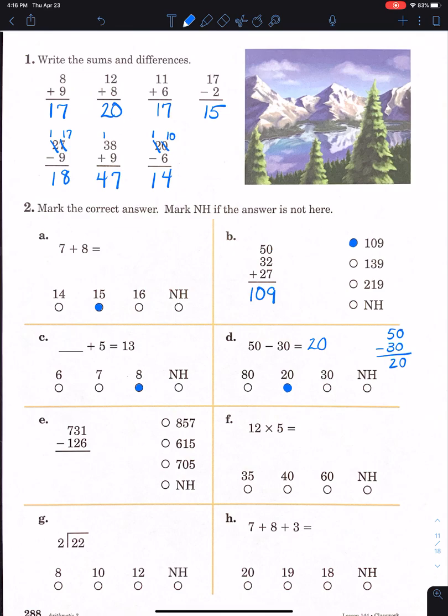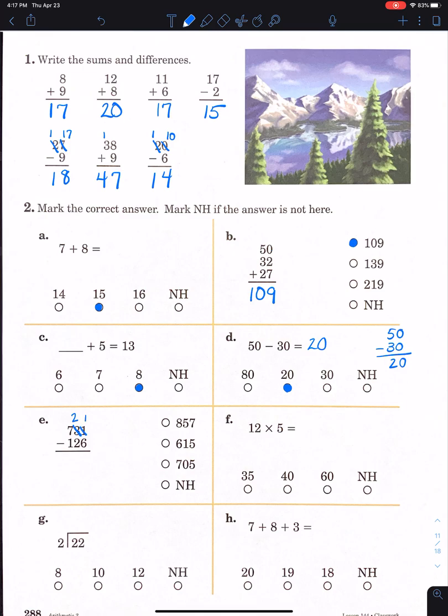All right, E, 731 minus 126. Pause the video and work that one out. All right, I'm going to show you the problem, and hopefully you get the same answer as I do. So 1 minus 6, not going to work. Can't take 6 things away if we only have 1. So let's go over to the tens place. There are 3 tens. We can take one of those. We can borrow one, move it over to the ones column. So let's cross off the 3 and make that a 2, and then cross off the 1 and add that